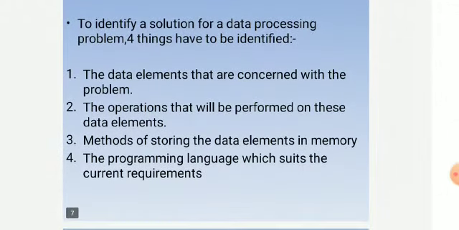Now whenever we are using the concept of a data structure, there is a need to identify four things. Which are those four things we have to identify? The first one, find out the data elements. According to your problem statement, firstly find out the data elements. Again, same example, addition of two numbers. Which are the data elements for the addition of two numbers?